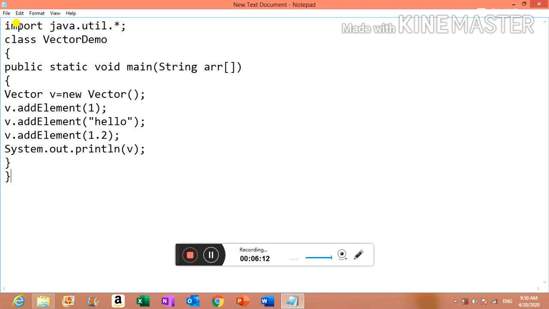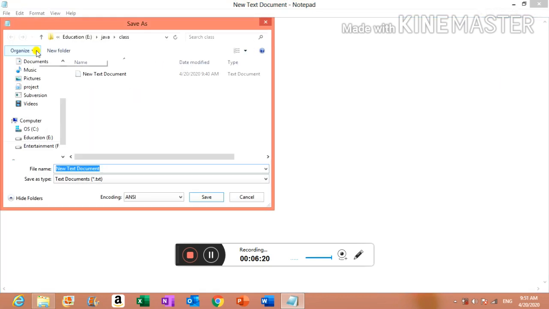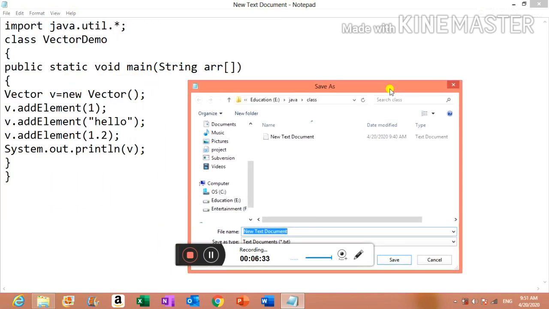So now after typing the entire program, what we should do is save this program, right? So save as, the file name should be the same as the name of my class. What name have I given here as the class name? VectorDemo.